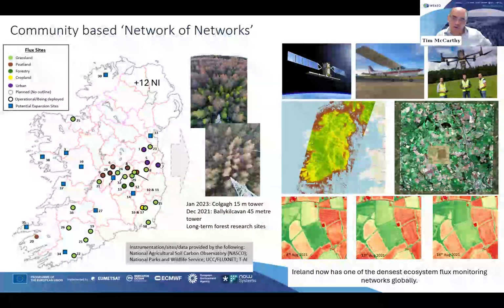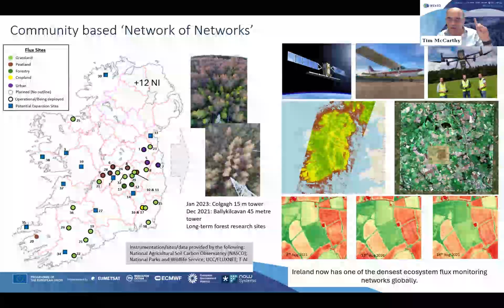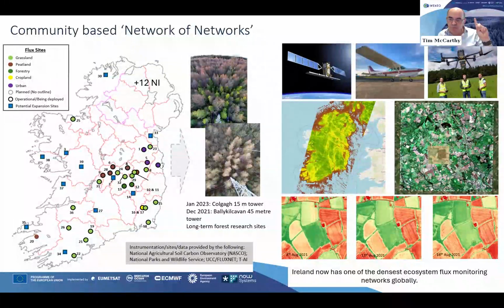Can I jump in there, Rowan, and just say that the benchmark sites do two things. They give you the training data. So remember what we're doing here. Ireland is a laggard in terms of forestry. We're about 11% coverage in Europe, and I think about 2% of that native species. We're really, really poor when it comes to forestry. But these benchmark sites give us that training data and a representative mix